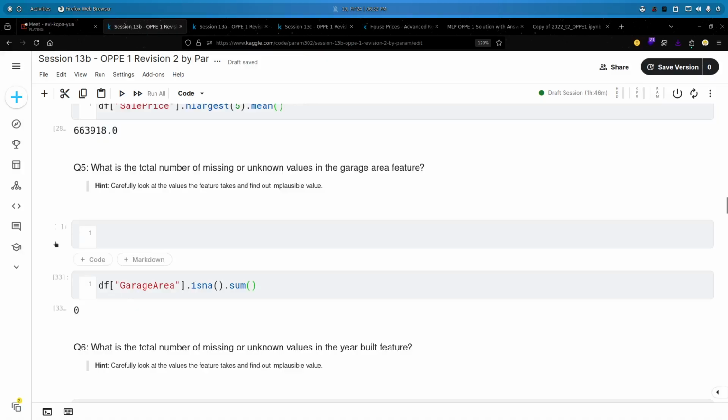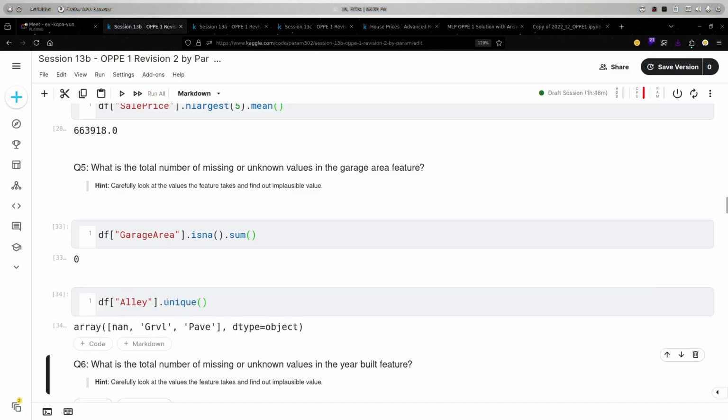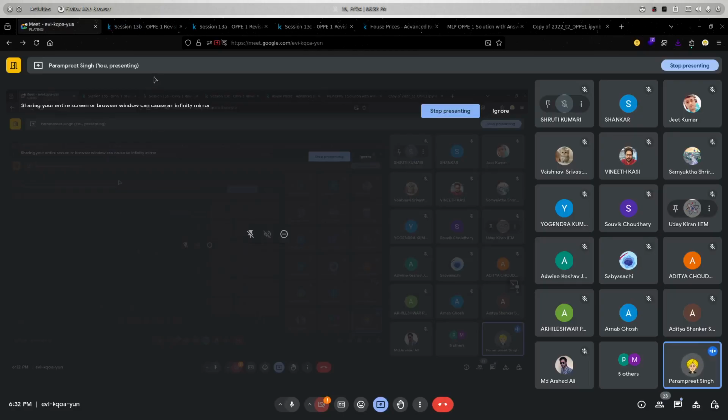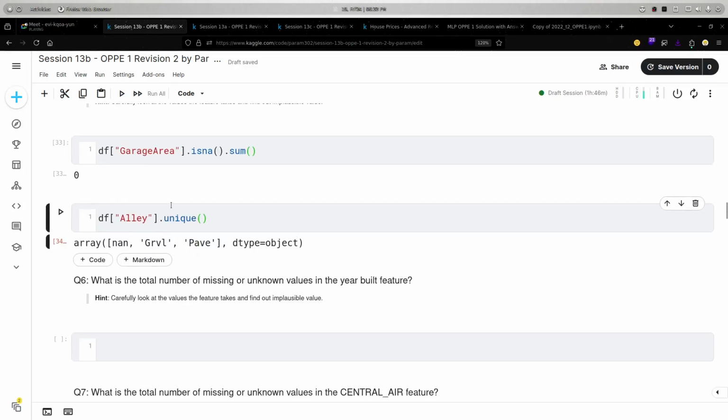So let me show you a demo. Let's suppose I am checking the alley column. How can I do so? I will use the unique function. Then I will get what null values we have. So here I have nan as a null value. It is normally distinguishable, but sometimes we have a question mark or underscore or dash or unknown written. Then also we can identify it via the unique function, and we can replace them with nan. Either nan or null value, and hence we can find exactly how many null values we have. Okay, so is this clear?